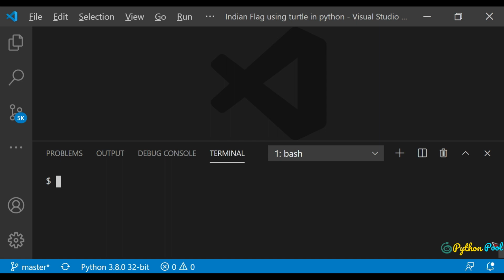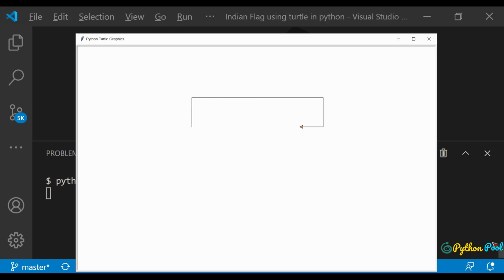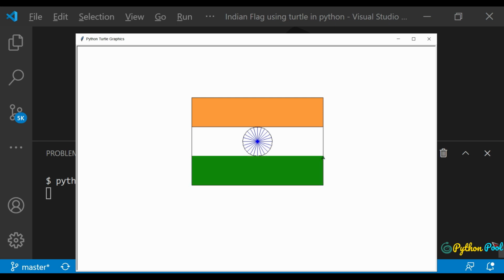In this video, we'll be seeing a simple turtle program to draw the Indian flag with Python. Let me show you the demo of the program. This is the type of program we'll be designing today. It will simply draw an Indian flag with the Ashoka Chakra spokes, and let's wait for the moment it completes. When it completes, it prints Happy Independence Day. So we'll be seeing this program today.